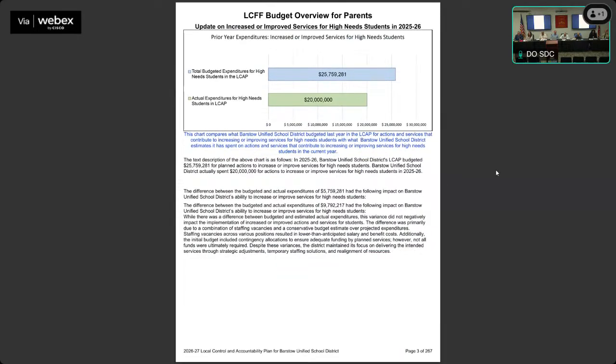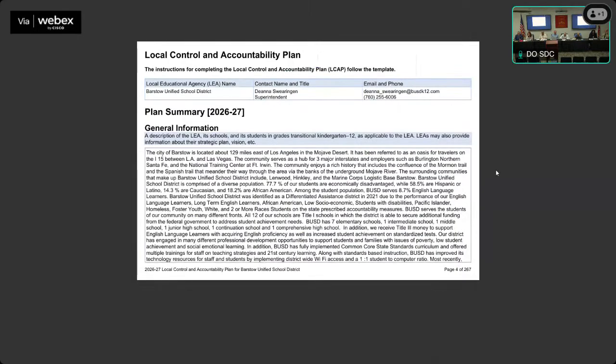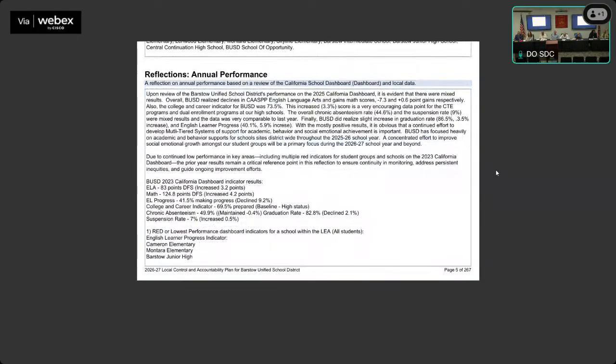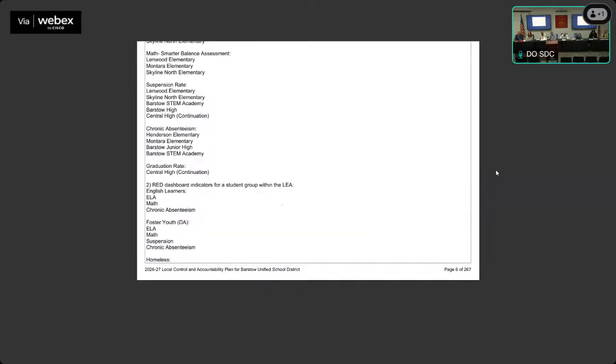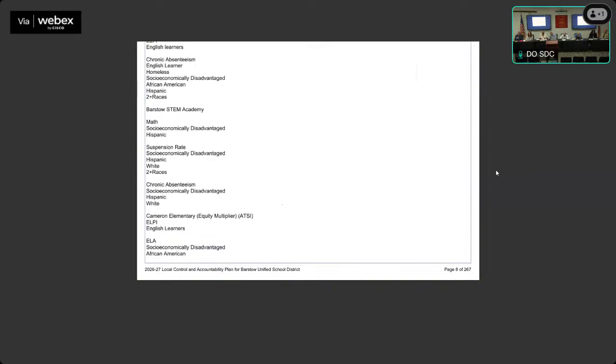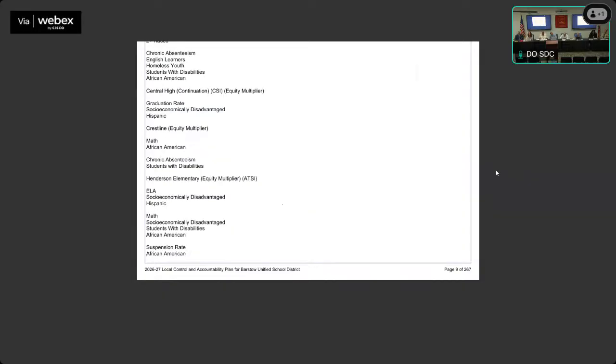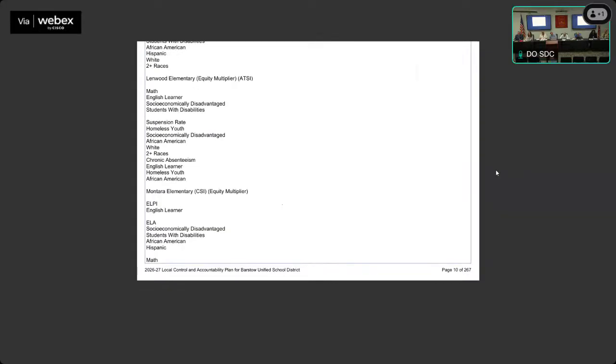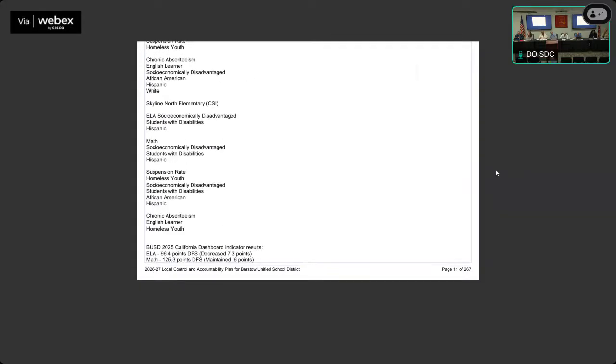Goal 1 is academic achievement. There are 25 metrics that measure academic achievement across the district, both school-wide and district-wide, for all students and specific student groups. It focuses on increasing 3rd grade reading proficiency, English learner reclassification, A through G certification, and college and career readiness. A cornerstone of this goal is a $4.44 million investment to provide 40 additional certificated positions for K-3 class size reduction.